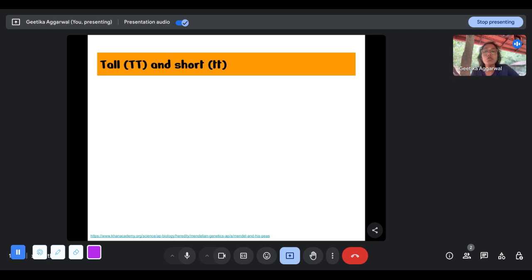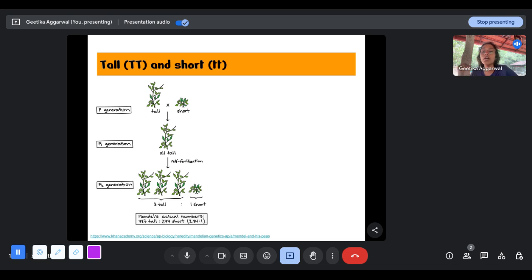But in a hybrid, it could be a capital T and a small t, in which one of them encodes for tallness and one of them encodes for shortness. So that is why I've written it here. Again, just as in the case of violet and white flowers, here in the parent generation, you have a true bred tall plant and a true bred short plant. From this, you perform a cross between these two, and in the first filial generation, you see that all of